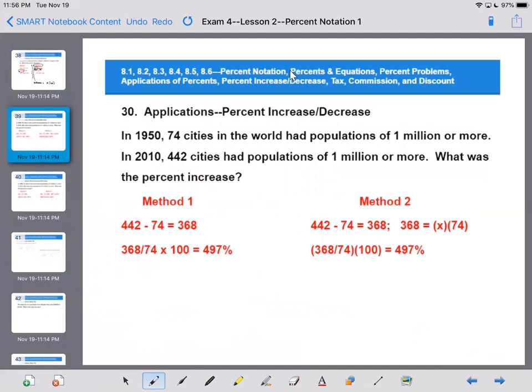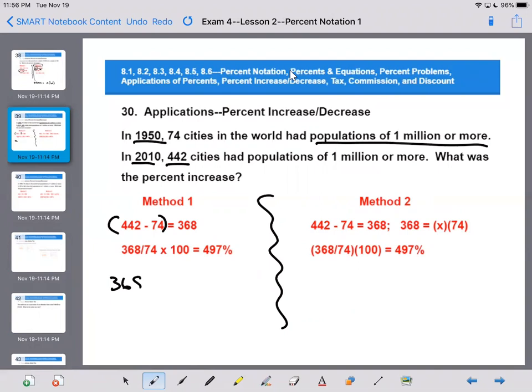Okay, we have 74 cities in the world that had populations of 1 million or more in 1950. Now in 2010, 60 years later, we've got 442 cities that have that. So if we're looking for the percent change, or that increase, here's where you're finding your difference. 442 take away 74 is 368. Now, where did we start from? Well, we started with 74 because that was in 1950. So that's why we're dividing by